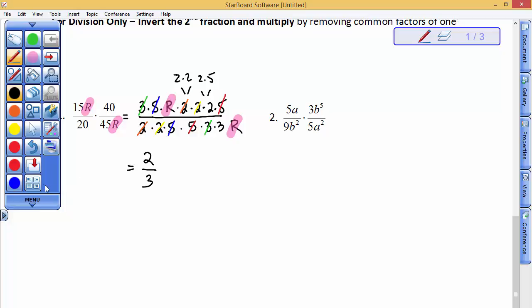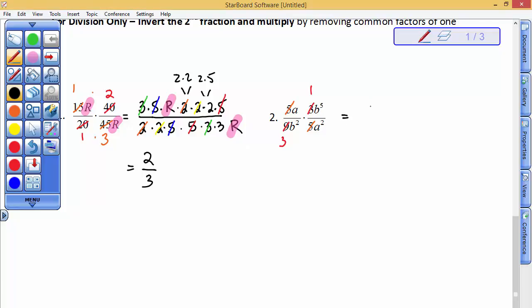It would have been so much easier to just say 20 goes into here once and into here twice. Then maybe 15 goes into here once and into 45 3 times, and then we would have the 2 over the 3, because these are times. 1 times 2 is 2. 1 times 3 is 3. So it is much easier to just cancel out the 5s, to say that 3 goes into here once and into here 3 times. Be careful though, I think I will just do that with the numbers,